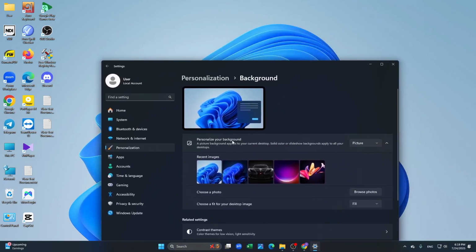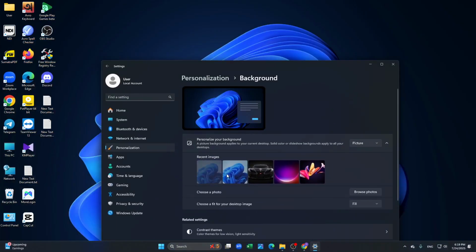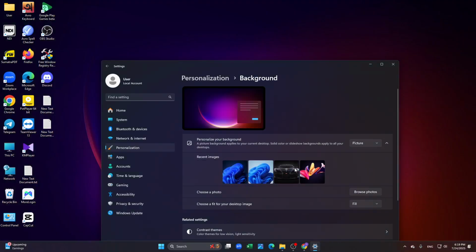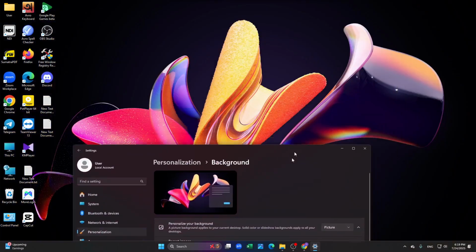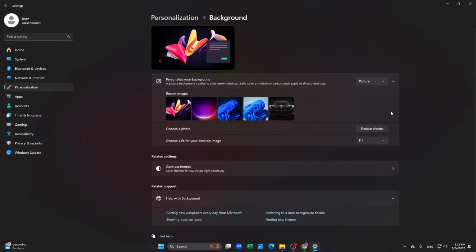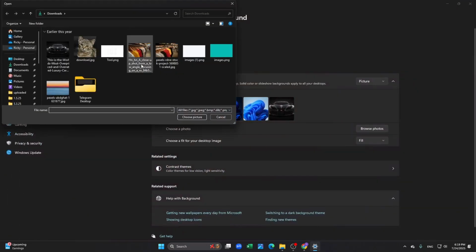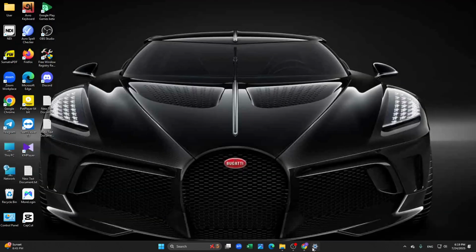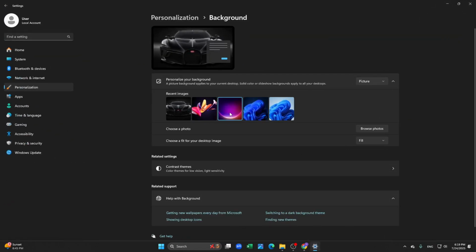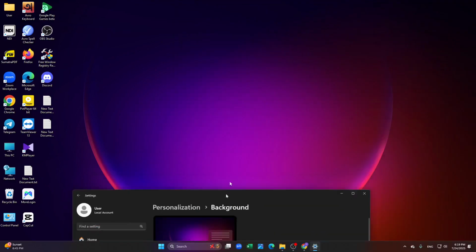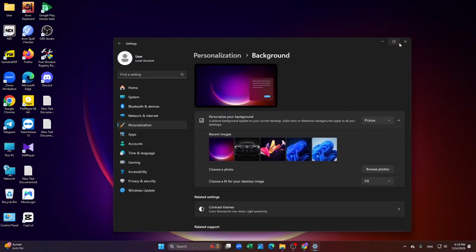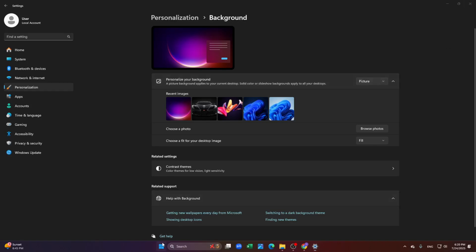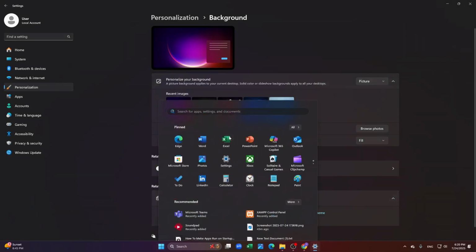As you can see, if we click on here, it will change it like this one, and if you click on here, it will change it like that one, and it will be changed to this one. And you can also add or select any custom images, like if you select this one and choose picture, you can see this one is added here, and you can also get back to the default one if you are clicking on here. So you can also go to the Windows section from here, then Settings,